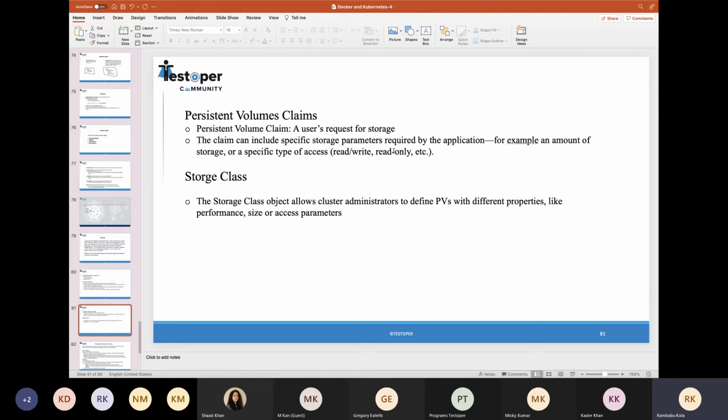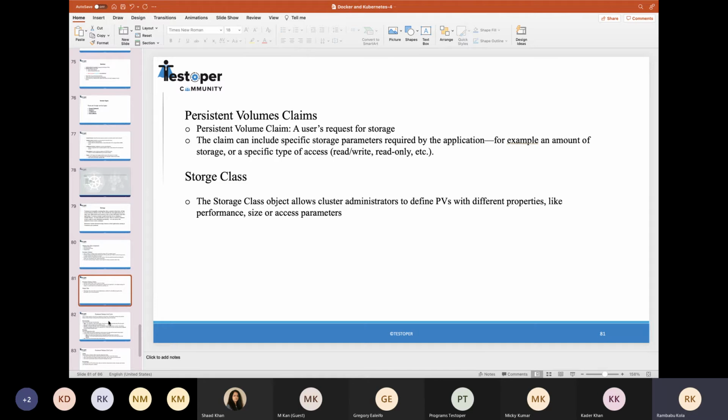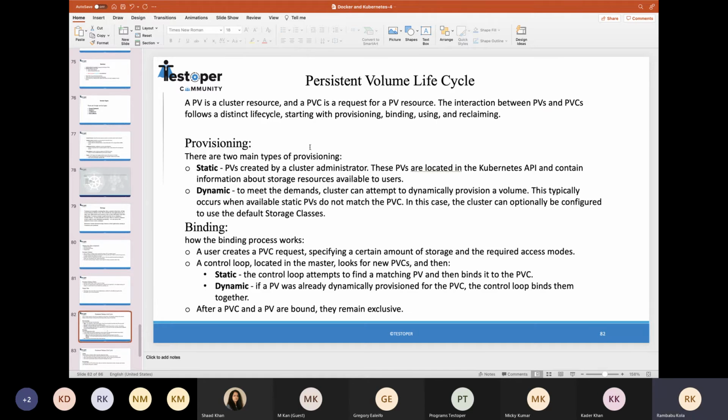And the storage class is defined to define persistent volumes, like the performance, size, or access parameters. There are many, like high speed storage classes with SSDs, or normal low speed average storage classes, or the standard storage classes.